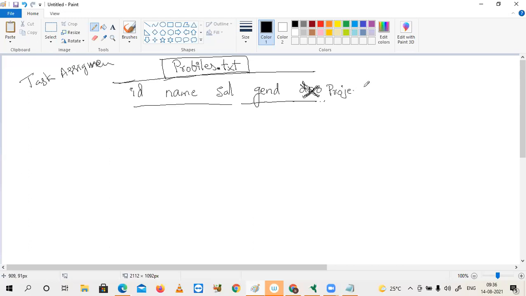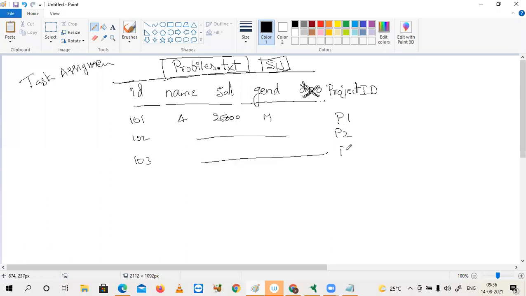Project ID. Think that these are the profiles of software engineers. Okay. First person 101, name and his salary, male, project ID P1, second P2, P4, P5.